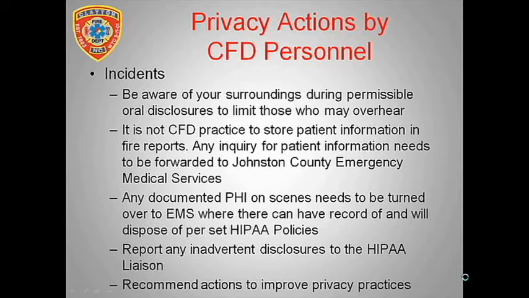Typically, it's not our practice to store patient information in our fire reports. If any inquiry for patient information comes to us, we forward that to Johnston County Emergency Medical Services. And I believe the phone number may be listed later on in the presentation, but if it's not, the number to Emergency Services is 919-989-5050. At that point, you can request to talk to the Emergency Medical Services Division about a HIPAA process